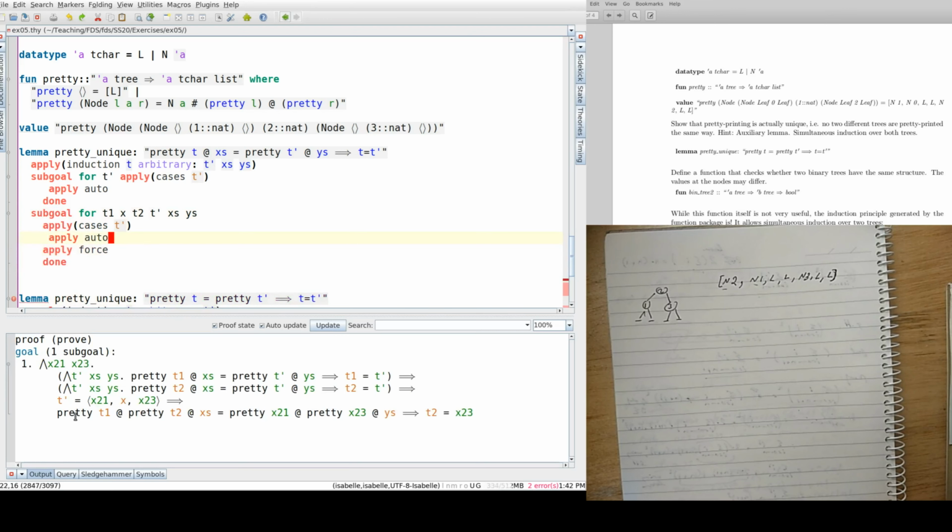So the reason it did it was that, okay, from this one we know that T1 equals x21,